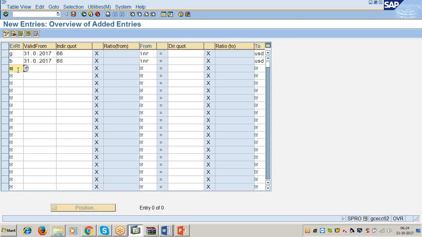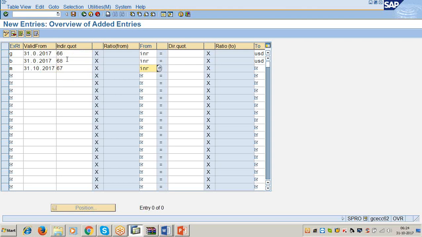Exchange rate type is equal to M, bank average rate. Valid from 31/10/2017. Indirect quotation: 66 plus 68 divided by 2, 67.